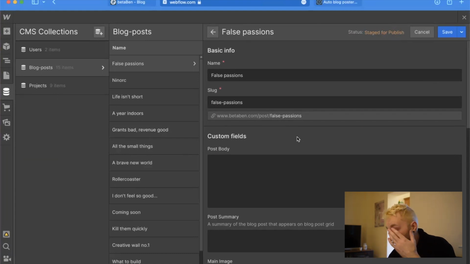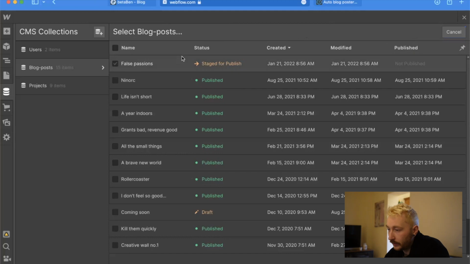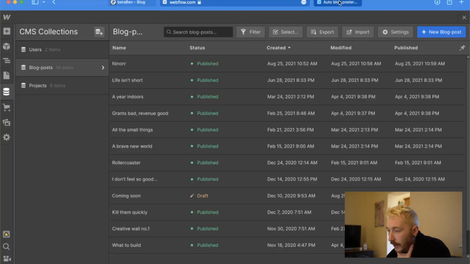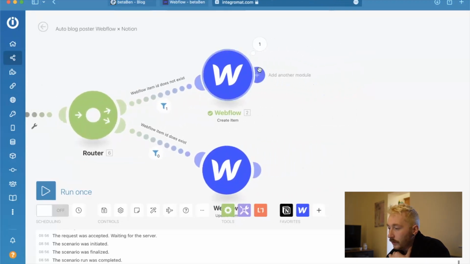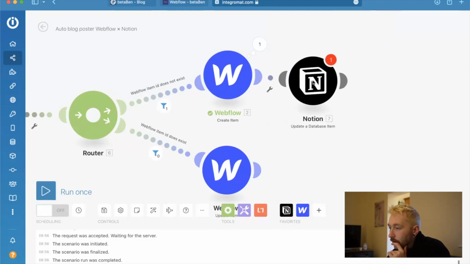This does have some problems in it, like the fact that if I go to Webflow and start fiddling and updating with settings, then it's not going to backfill to Notion, but we're not too worried about that. All it really has to do is make sure that I have a really low friction way of getting posts up, to be honest. So right now, let's delete this one just for now, and then we can add some steps in here. So we want to create the item, and then we want to go into Notion, and we want to update a database item to backfill our